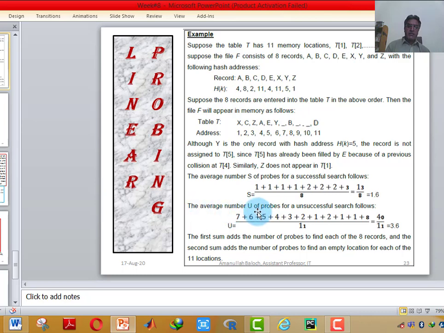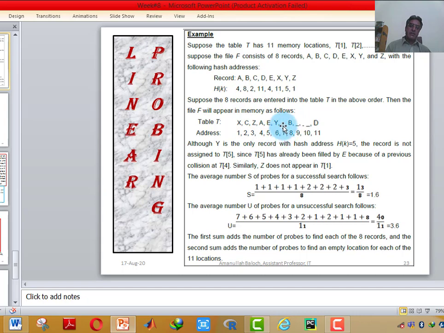And the average number of unsuccessful searches we will take as follows. Let's suppose there were 11 memory locations. The next record, the hash address of record number 9 is 1, but 1 is already occupied, and 2, 3, 4, 5 and 6 are occupied.